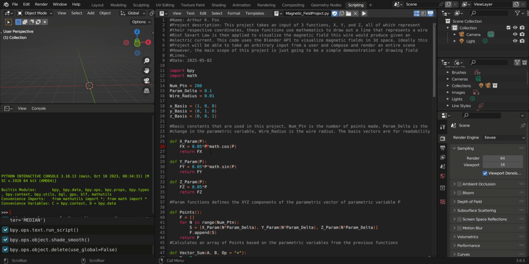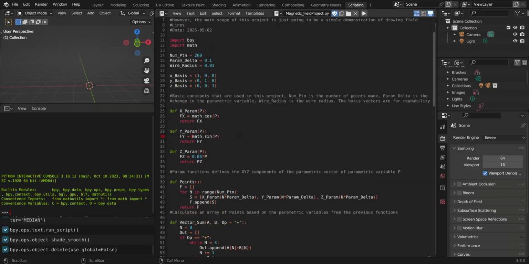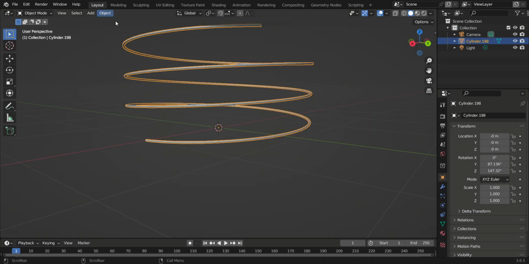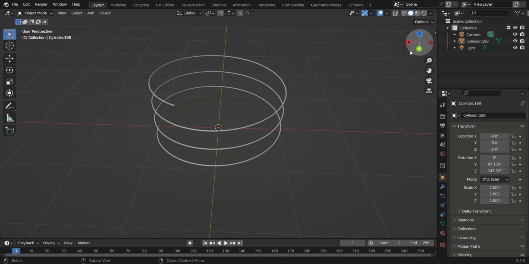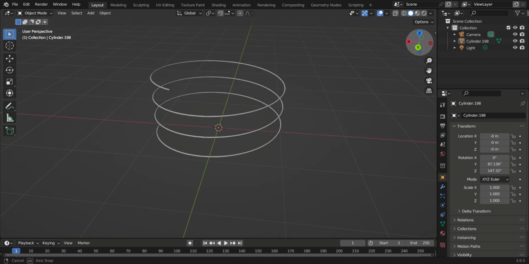So let me give a demonstration of this. I only have the first half of this project done, which is being able to draw the wire, which is okay. This is really just stuff that I've been whipping up when I got the time. But let's run it, and I'll give you an actual look at what this looks like, and look at that. Ain't that pretty? So it creates a nice little spiral, a nice little coil,